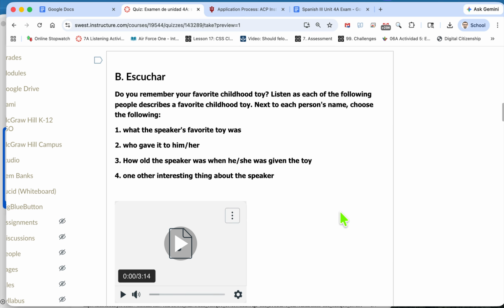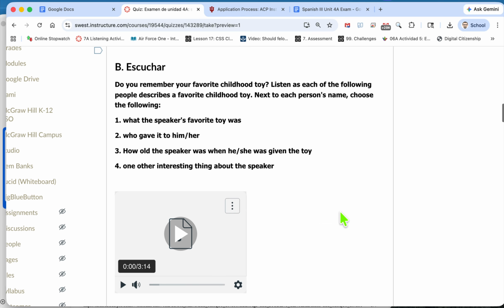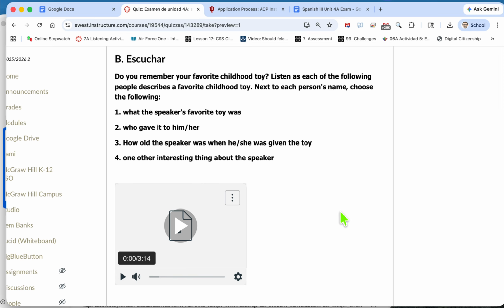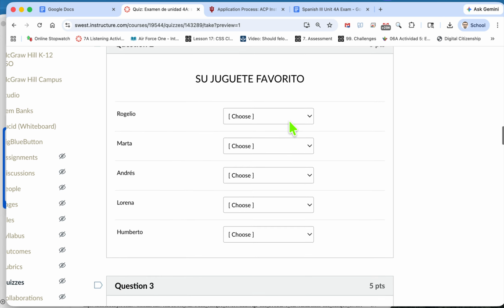And then this was a much more complicated listening activity where they listened to, I think it was 5 different people speaking about their youth, what a favorite toy that they had and who gave it to them and how old they were when they got this toy and some other interesting thing about themselves. And so they heard a lot of imperfect tense, tenía, era, whatever. They heard indirect objects because their toy was a direct object that was given to them by the subject of the sentence, and then the speaker himself or herself was the indirect object. So they heard that kind of stuff in the sentences,